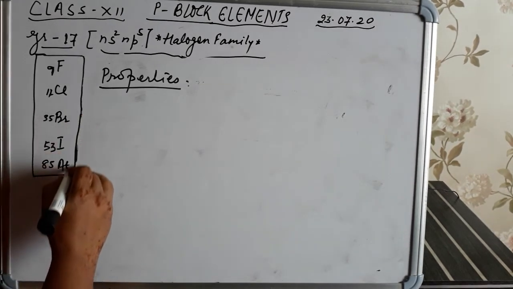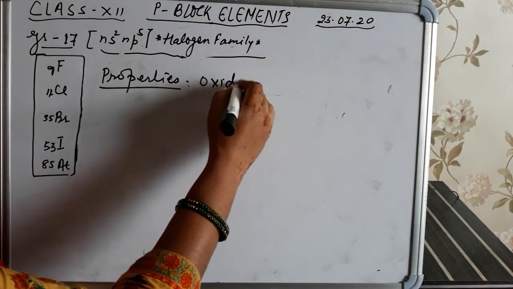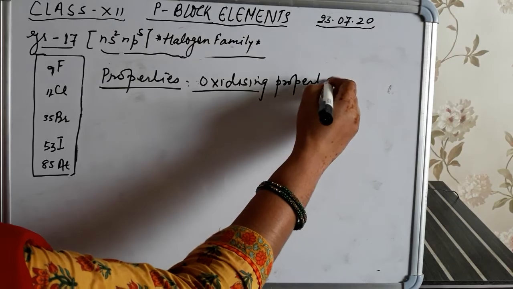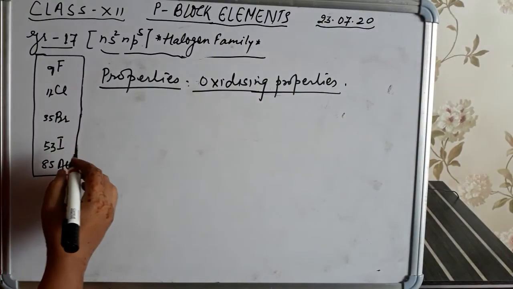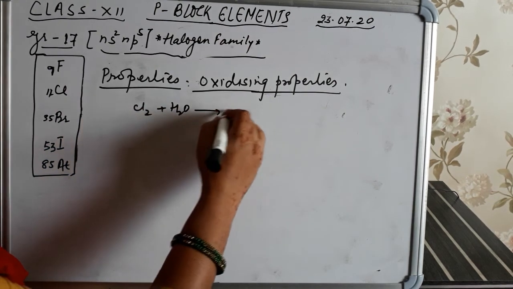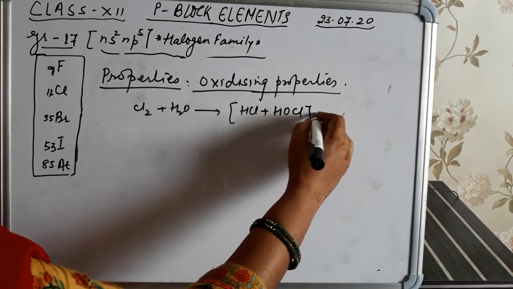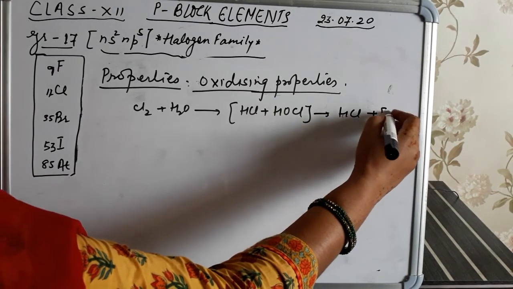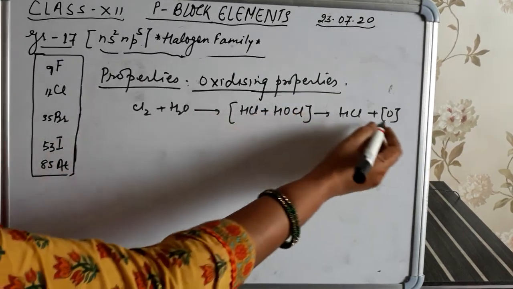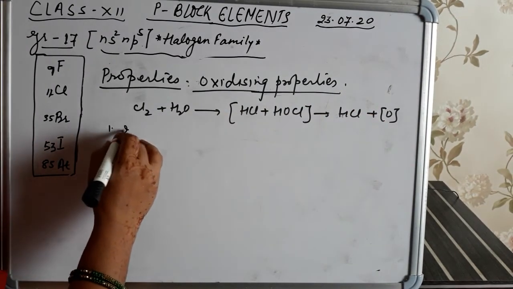So students, the next property is the oxidizing property. As we discussed here, chlorine when treated with water forms HCl and HOCl, which decomposes to form HCl and nascent oxygen. This is the oxidizing property, where chlorine with water gives nascent oxygen, so it oxidizes